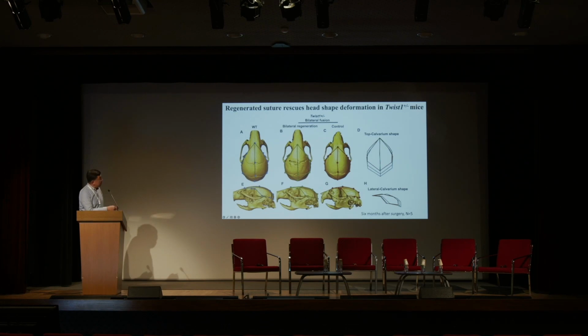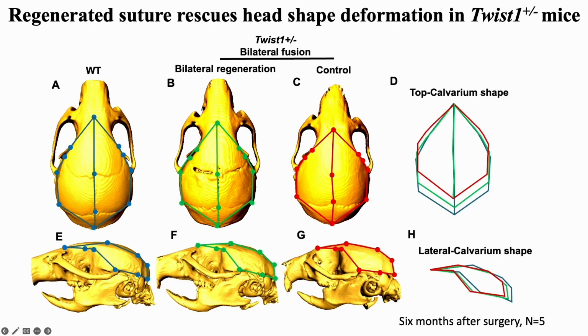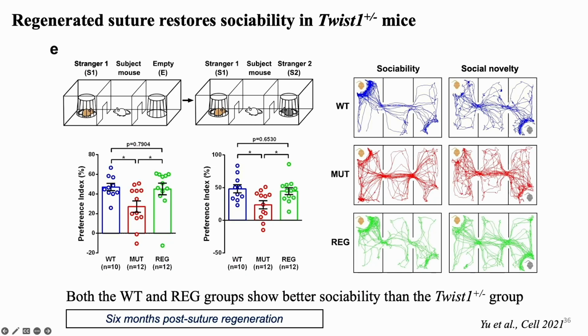So by regenerating a suture in the TWIST1 mutant model, we were able to improve the skull shape. As you can see, the green wire in comparison to the red, which is from the mutant. You can do these 3D analyses. And also, we were able to improve the neurocognitive function in the TWIST1 mutant model with a regenerated suture. So this study was published in 2021. And then,